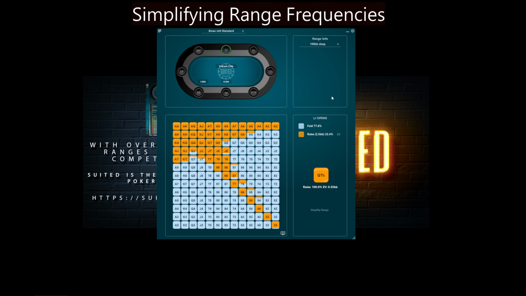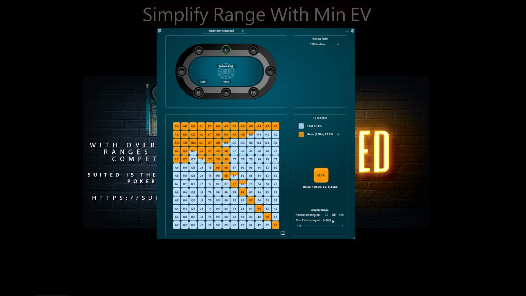Now we have a range that we are viewing. We can simplify it by clicking simplify range. We have access to rounded strategies. And we can change the minimum EV that is displayed. For instance, if I increase it with the mouse wheel,